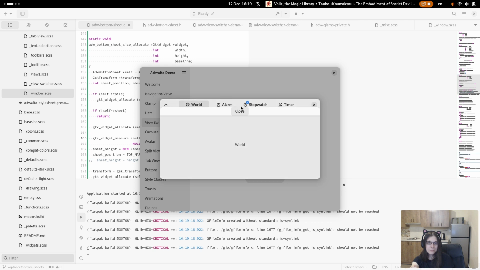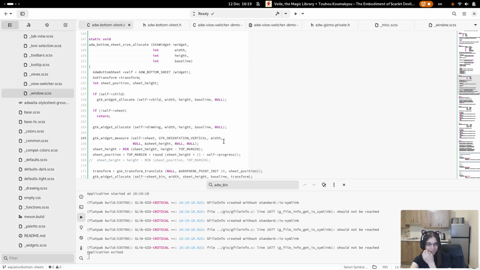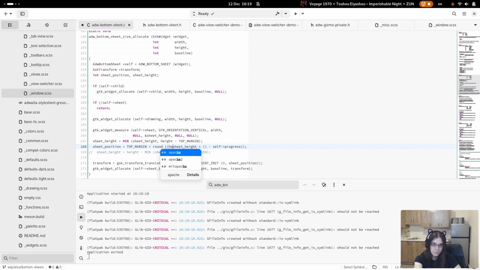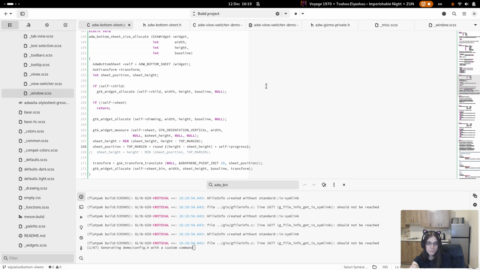Well, almost. Oh, right. Since we can't position from the top, it ends up at the top.